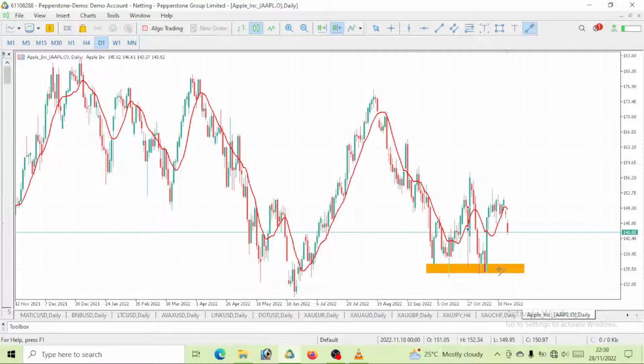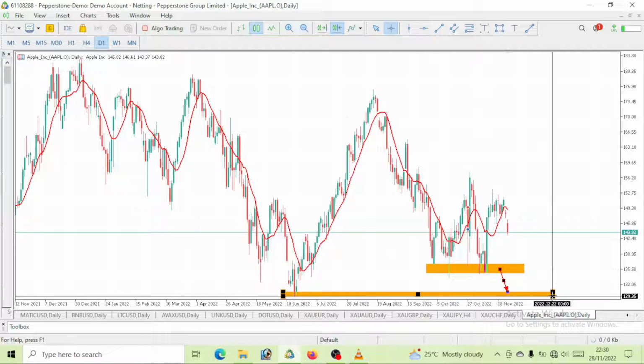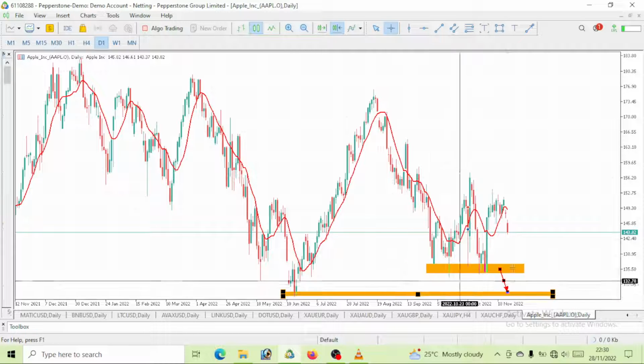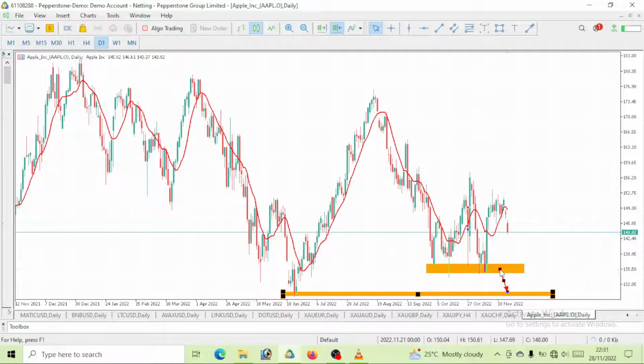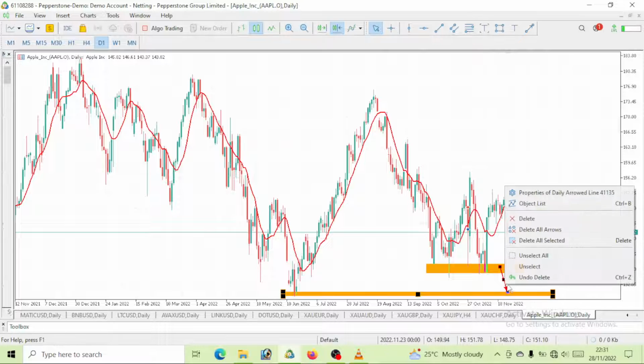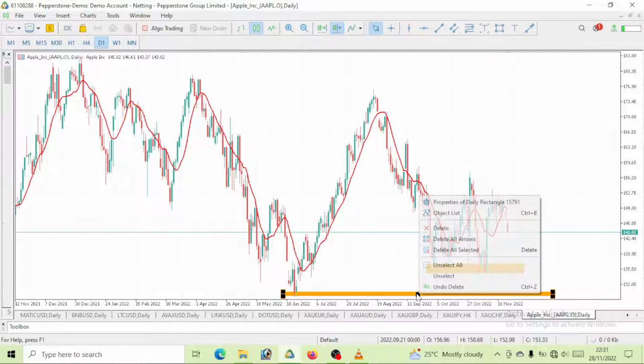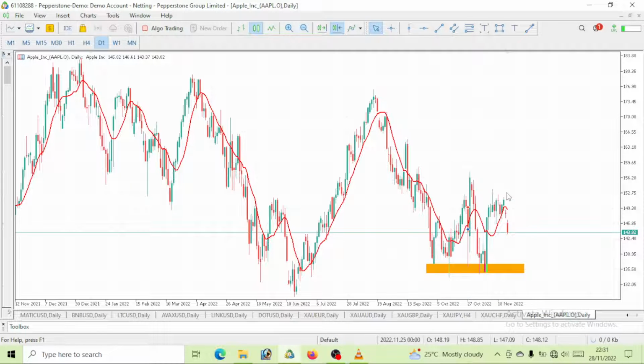And once price can break this low, which is 135, right, then we want to see it move to the next level of 130. So once Apple can break a level of 135, we want to see it drop to a level of 130. But first of all, we need to hit a level of 135 before we even break below it, right? So Apple stocks short to 135. So that should now take us to